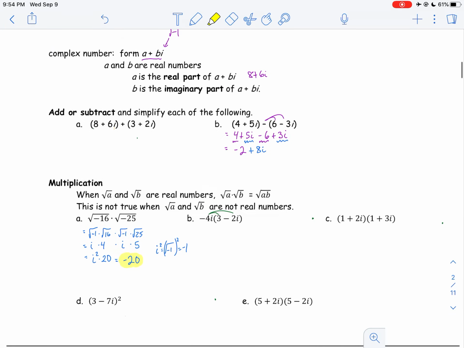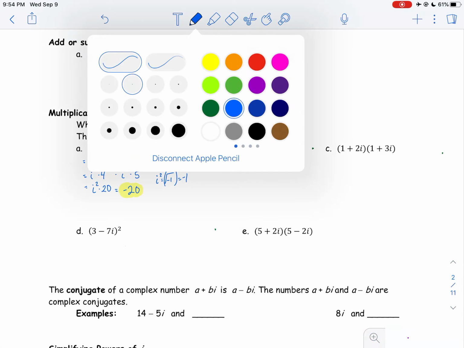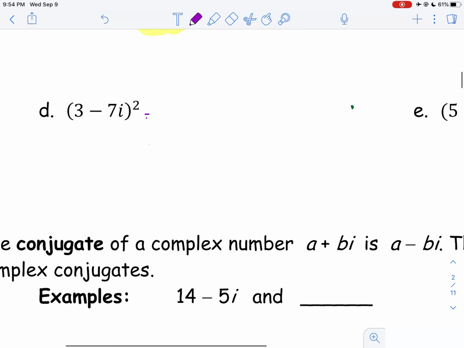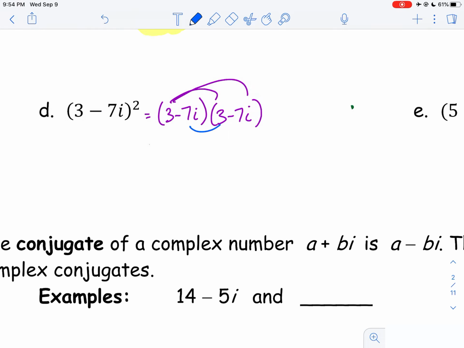Questions there? Let's take a look at part D, and I'll leave B, C, and E for you. To square something means to take it times itself. And so now I just treat this like any binomial expression. I multiply the 3 and distribute that out, and then I distribute the -7i. So that's going to give me 9 minus,